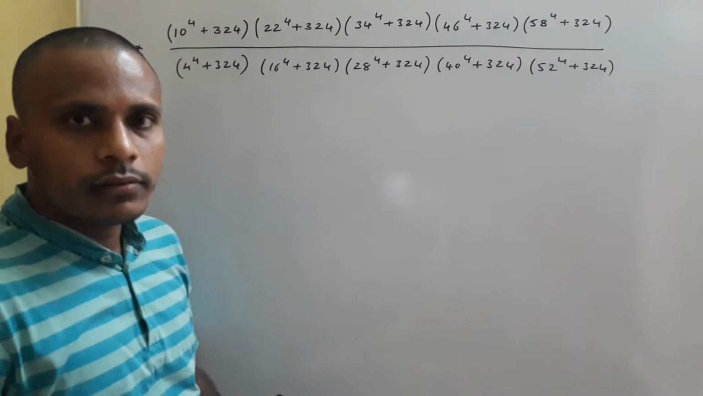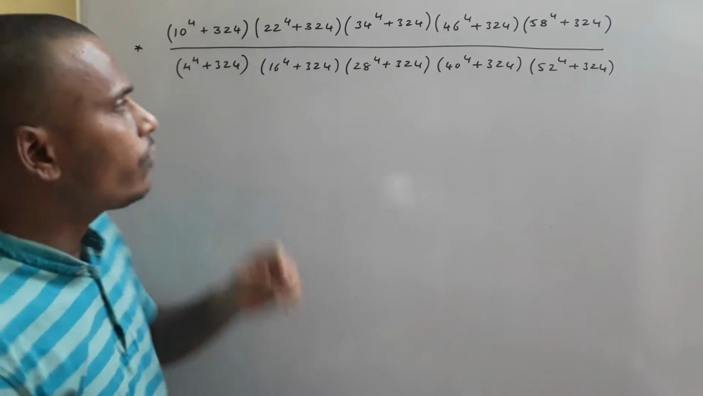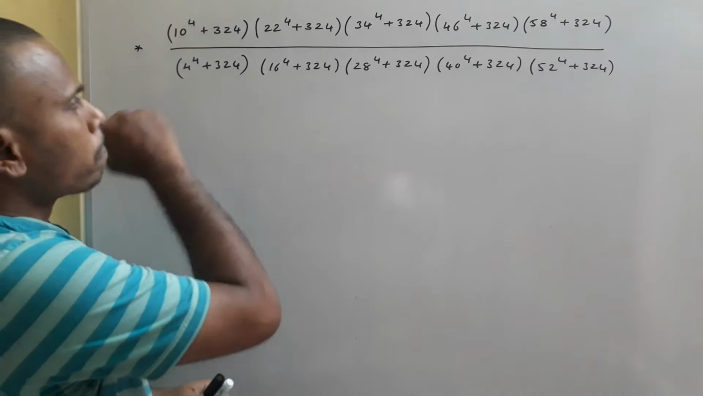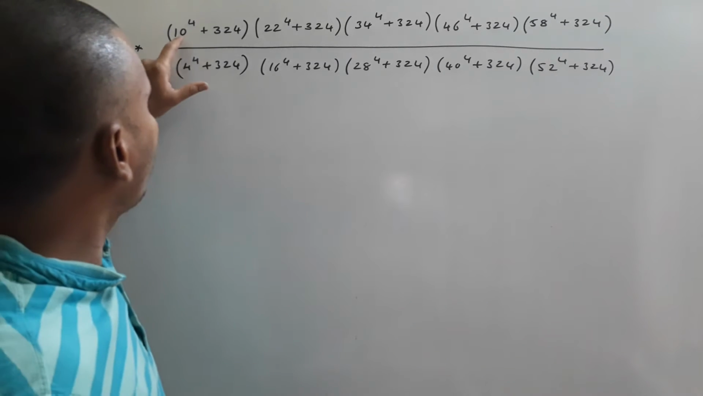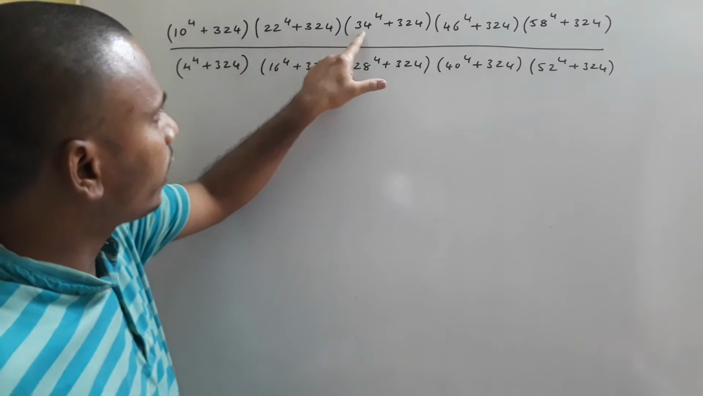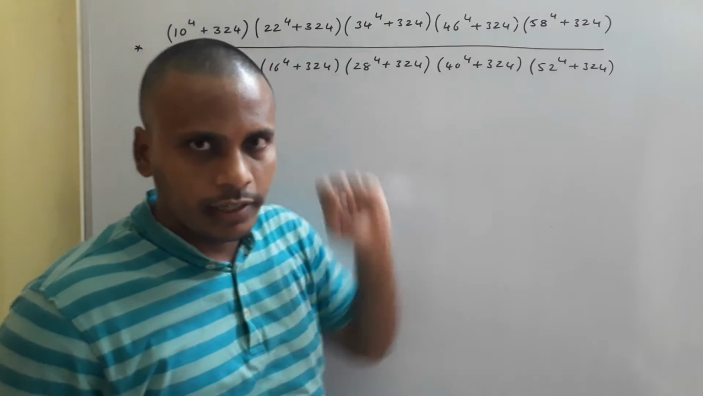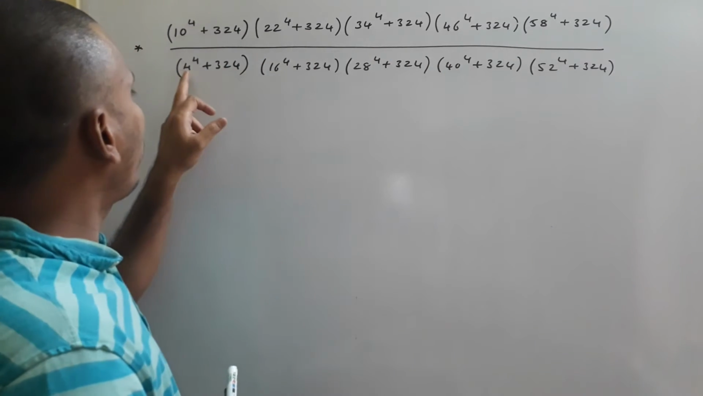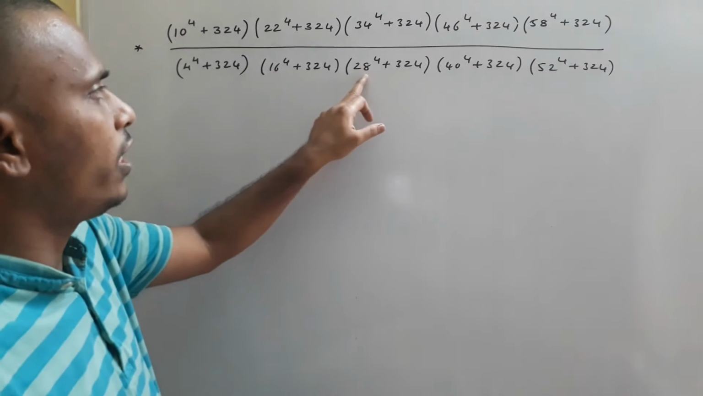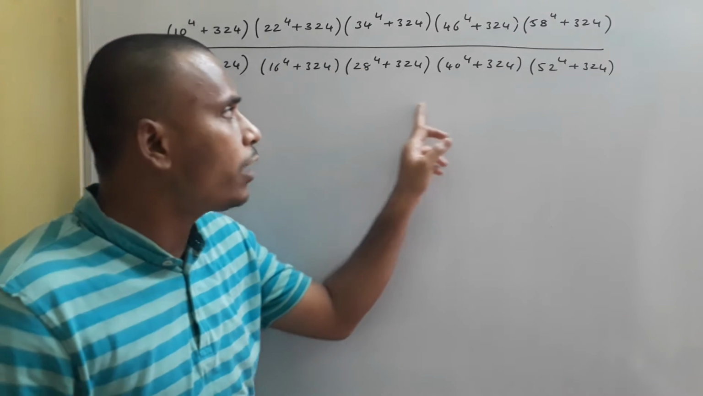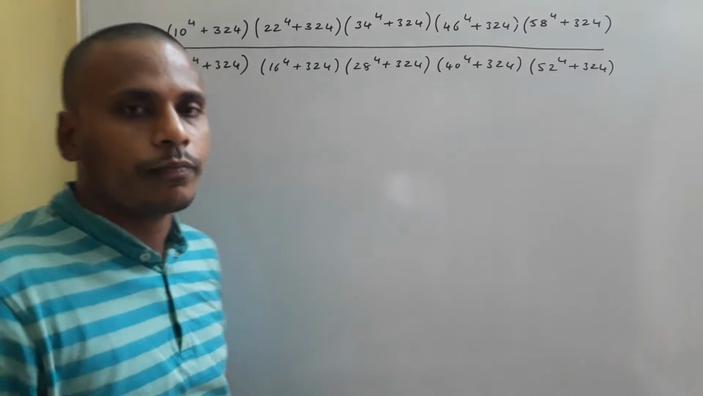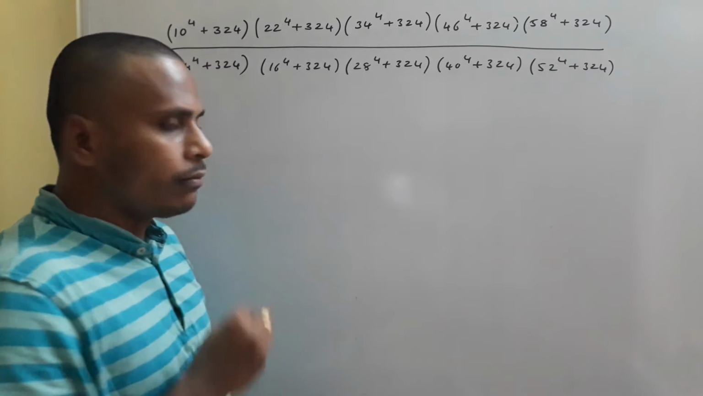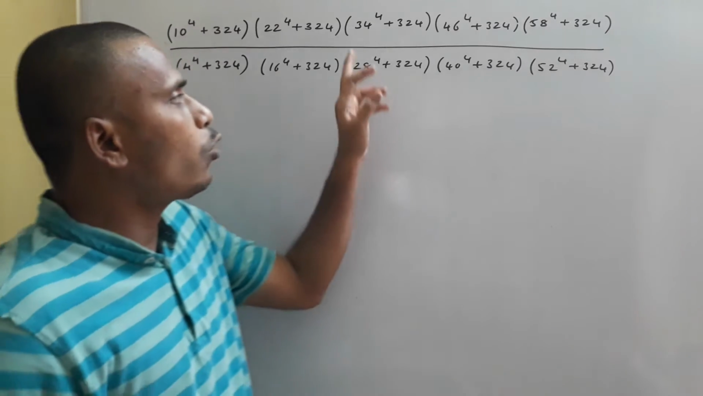Observe how the numerator is and how the denominator is. When you observe both the numerator as well as the denominator, see the difference between the numbers. Here we have 10, 22, 34, 46 and 58. There is a difference of 12 between those numbers. Similarly, for the denominator also: 4, 16, 28. 16 plus 12 is 28, plus 12 is 40, plus 12 is 54. That's one observation. And the other observation is that every term is of the format some number to the power 4